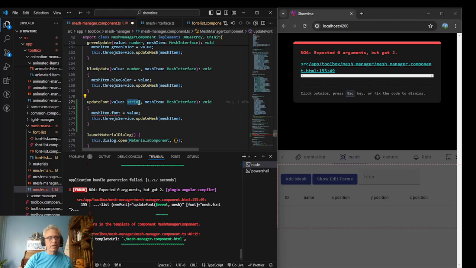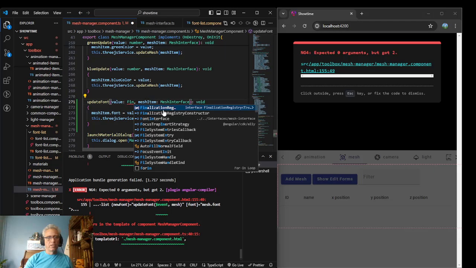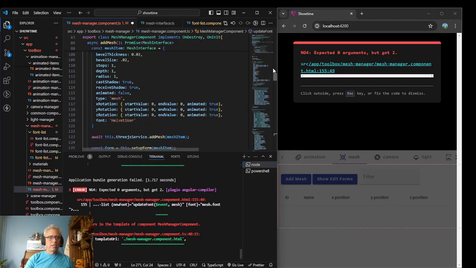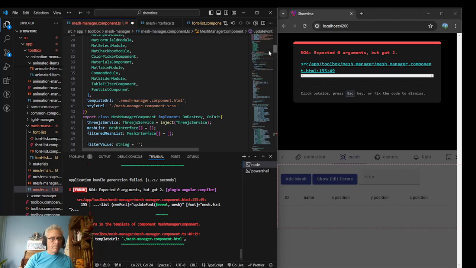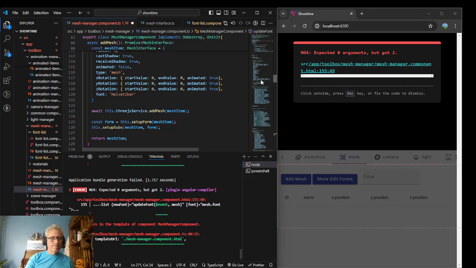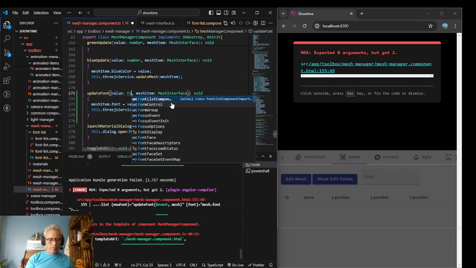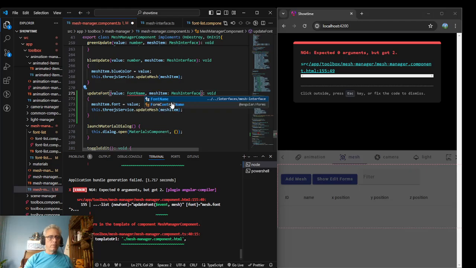This should be a font. Oh, man. Font. Oh, font name. Which it's not going to be happy with that